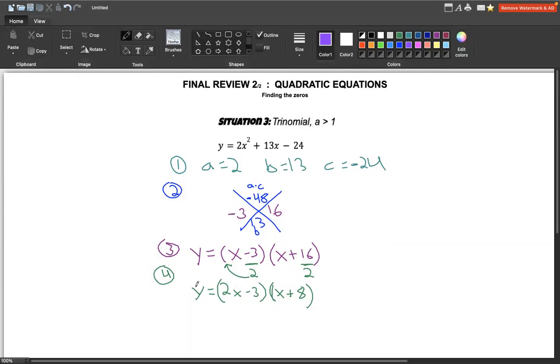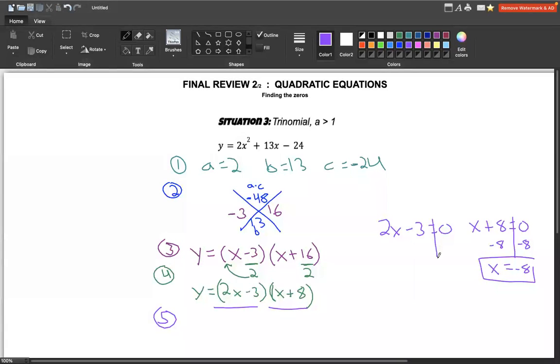Then the last step, now you do the zeros. And so this looks the same, but just slightly different. I'm going to do it over here. So 2x minus 3 equals 0, and x plus 8 equals 0. This one, the second one here, is the easy one. It's exactly the same as it was. So x equals negative 8. This one is just different because it's just a 2-step problem instead of a 1